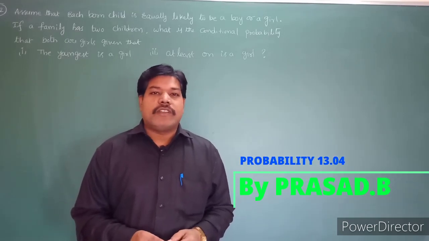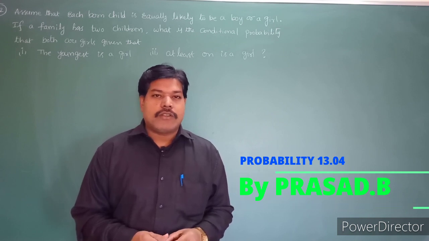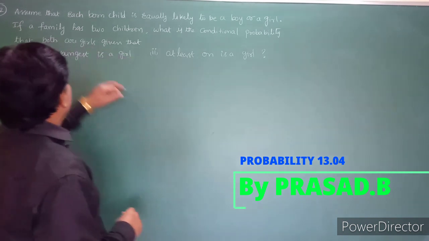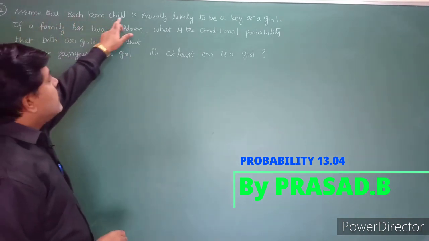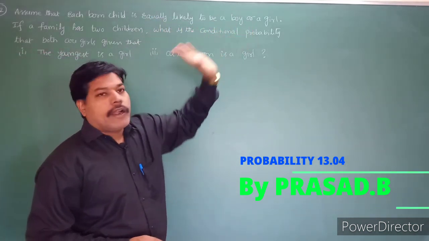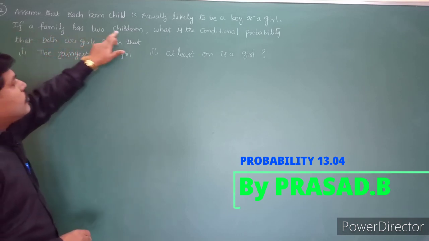See, in the previous class we completed question number 11. So here we are going to start question number 12. What is question number 12? See that question, students. Assume that each born child is equally likely to be a boy or a girl. If a family has two children,